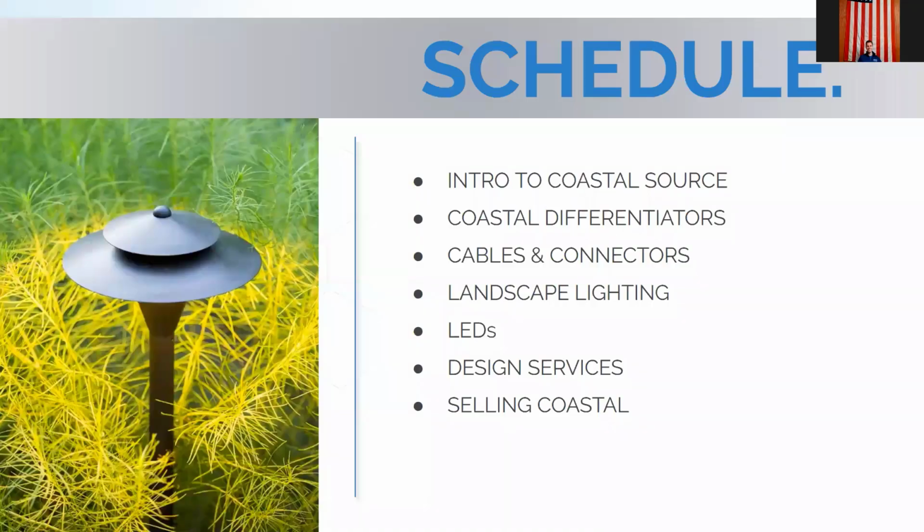So okay, just wanted to touch base on what we're going to cover today. Number 1 is going to be an intro to Coastal Source, Franco D'Ascanio, the family history. It's unique, and it kind of explains what we do. So we'll show you a quick video on that. We'll talk about the Coastal differentiators, the cables and connections. Pete's going to help out with that. We'll get into some aspects of landscape lighting, talk about LEDs briefly, get into our Coastal Source design services, and then touch on some of the selling techniques and things that we recommend and see successful dealers doing